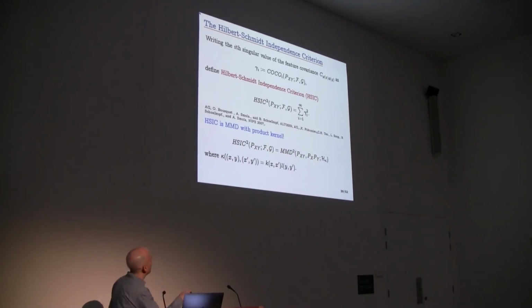So now we understand what this is doing. This is basically like looking for pairs of functions that have high covariance and summing the squared covariances that you get over all these pairs of functions. So that's a way to tie in this quite unintuitive thing with the Hilbert-Schmidt independence